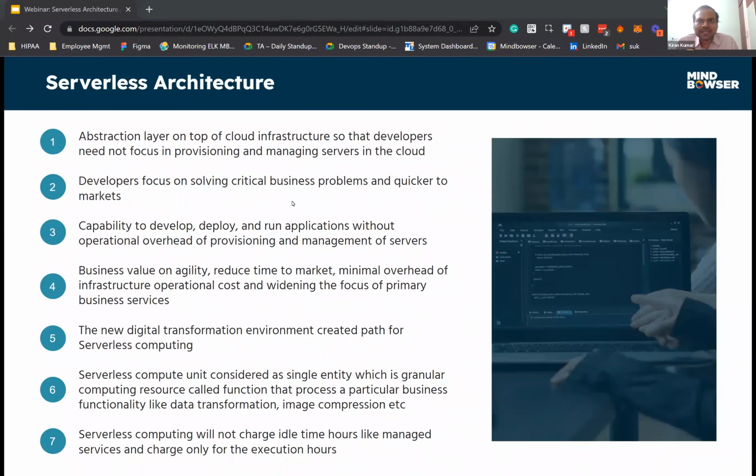But in PaaS, it is not like that. It will charge an hourly bill. For example, even if you use it for 15 minutes, it will charge for that particular hour, so for 15 minutes of use it will charge for 60 minutes. But serverless is not like that. If you use it for only 15 minutes, it will charge only for 15 minutes. That is the main difference between serverless and PaaS. So it will not charge for idle time. It is as if your system is under sleep if there is no active action being undertaken.